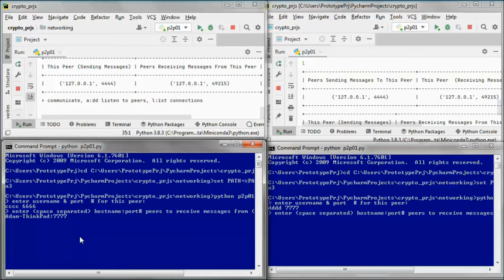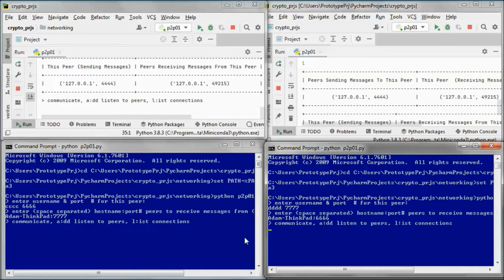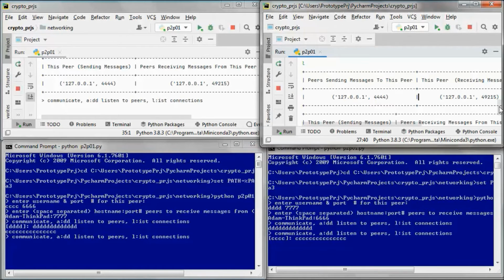So this one will pick up from this one, and this one will pick up messages from this one, so they can communicate with each other. And those two, they can do the same thing.